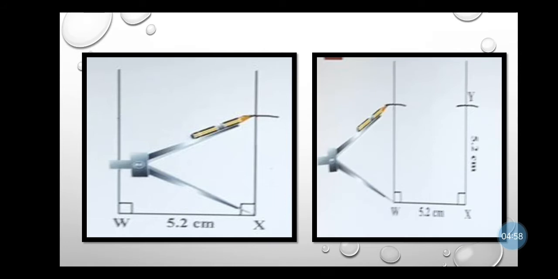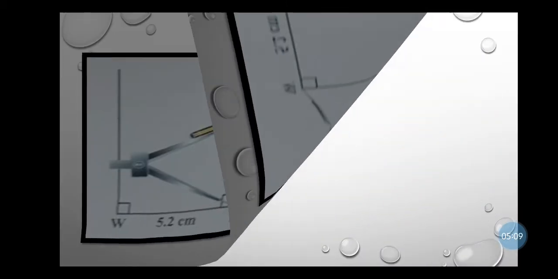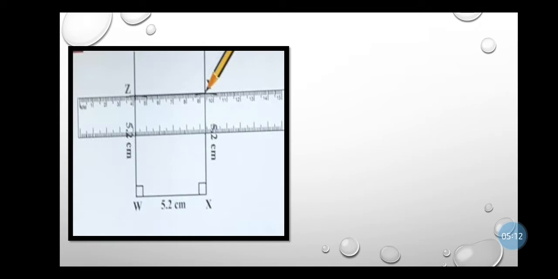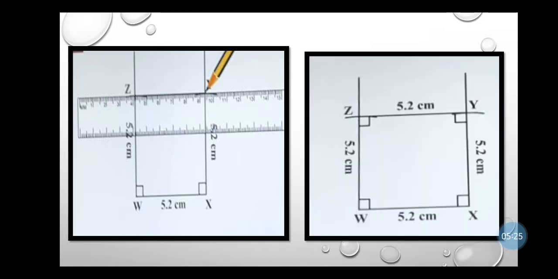Similarly, you will be placing the same measure on point W, cut an arc. The new arc which is formed, you will name it as point Z and write over there 5.2 centimeter. The next part, you will join point Z and Y. New segment ZY will be formed. That will be obviously 5.2 centimeter. Hence our quadrilateral is ready, that is square. You will be writing the final answer. Therefore, quadrilateral WXYZ is the required quadrilateral.